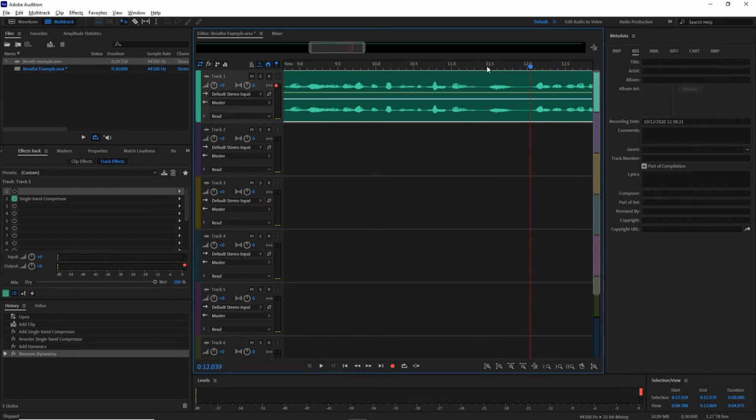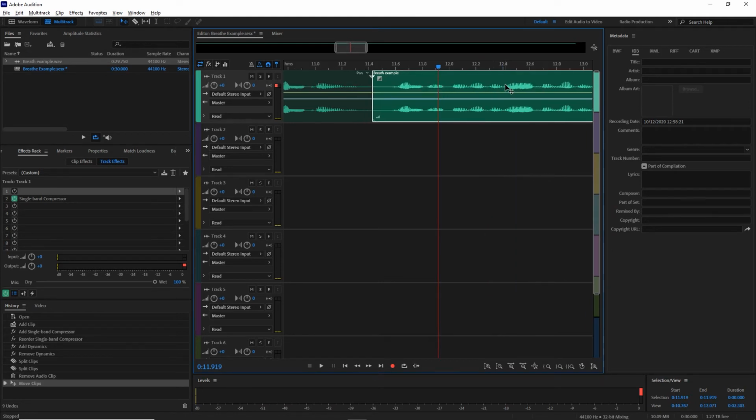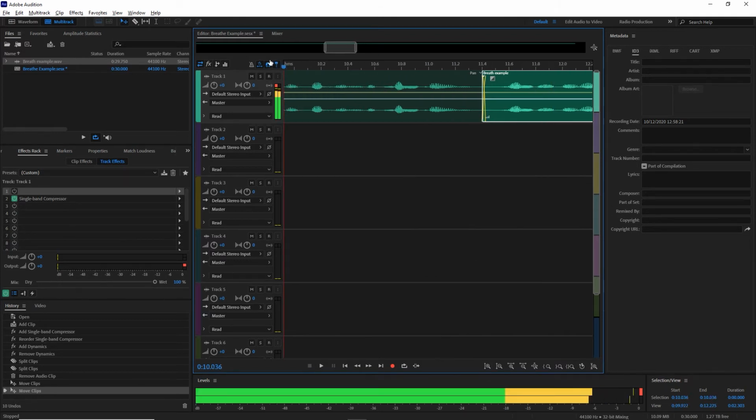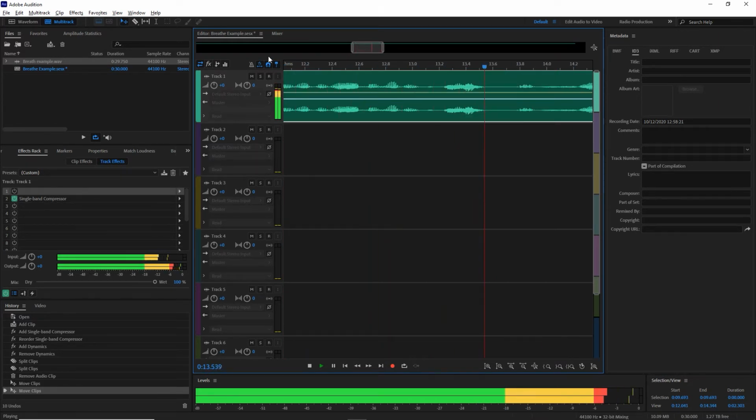Okay, so what option have I got? I could Control and K, delete that, and just move it back together. And then I just want to slightly overlap it just in case there's any noise, and I don't want it to click. I just want it to be a seamless join. Let's have a listen.